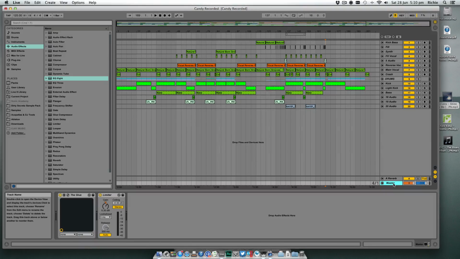So I think we're pretty much there. We've already got the limiter on there and the glue. Well, in fact, the limiter is just giving us a preview of how we can master it. Probably what I'd do is